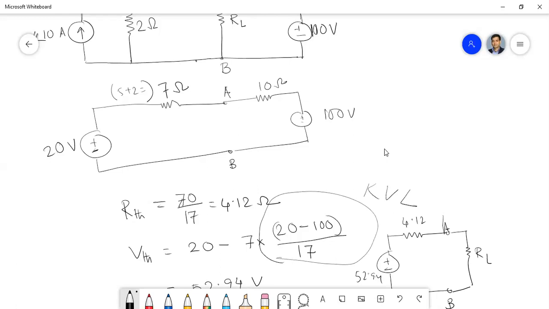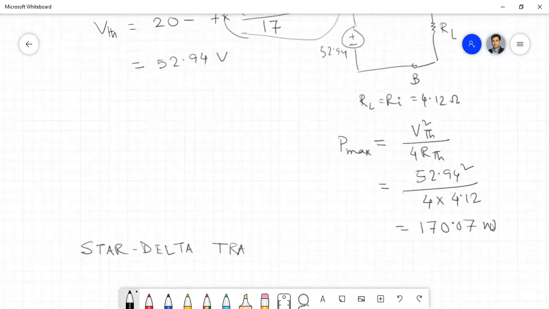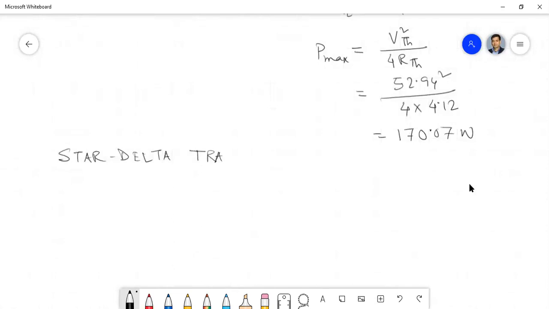Yes, sir. Here there is one loop, so KVL and Ohm's law are all the same for a single loop. These are not important: loop current techniques, KVL, all this advanced theory. You have only one loop. You know what is the actual net potential in that loop, 20 minus 100 or 100 minus 20, depending on the taken current. I have taken the current like this, so therefore I have taken 20 minus 100, taking this as positive with respect to this. So I have used the KVL only here. You are right, we can use KVL because KVL is the easiest thing to apply. Yes, sir.